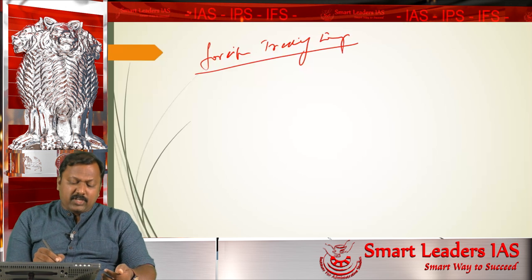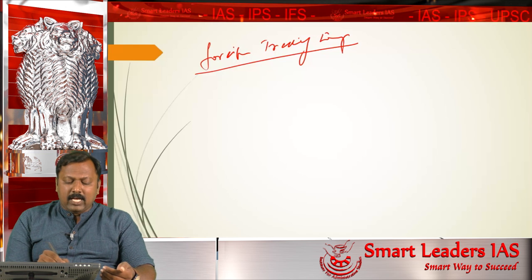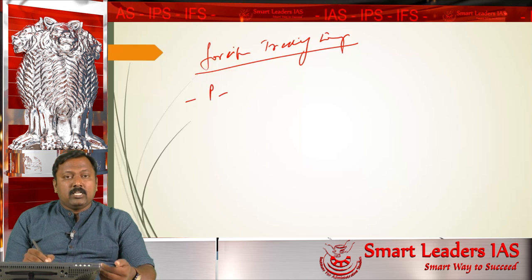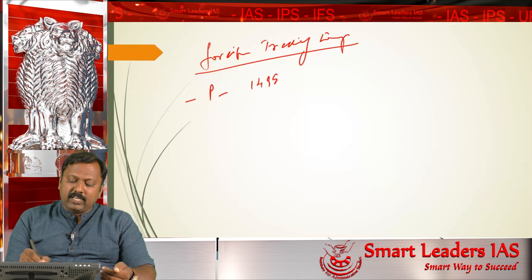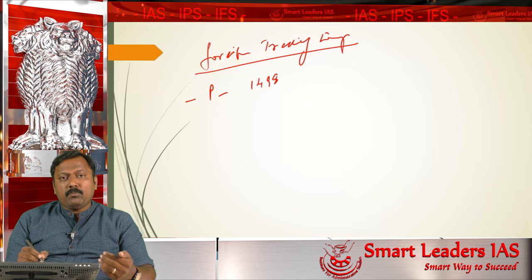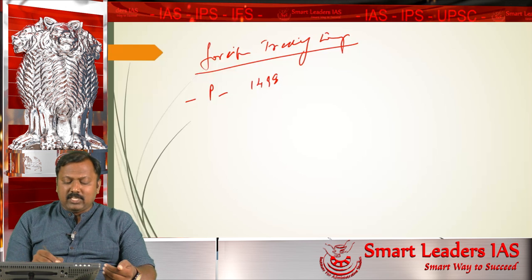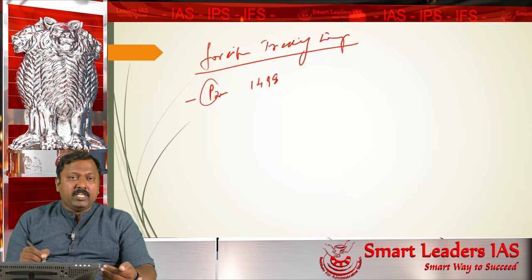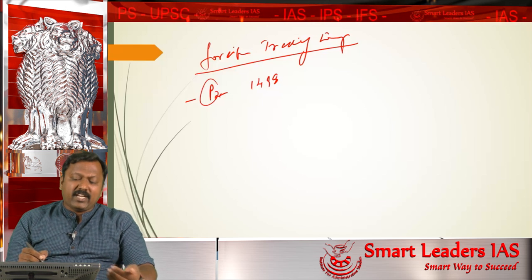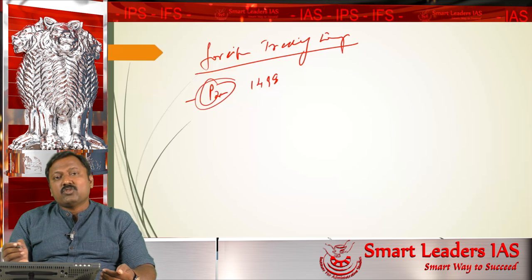For example, the first country to trade with India in the medieval time happens to be Portugal, and a Portuguese traveler, whose name happens to be Vasco da Gama, came to India in the year 1498. Following this, one by one, all the foreign companies tried to enter India. The first to come happens to be the Portuguese, and for information, the last company to vacate India also happens to be the Portuguese. So the Portuguese were the first to come and the last to vacate India.